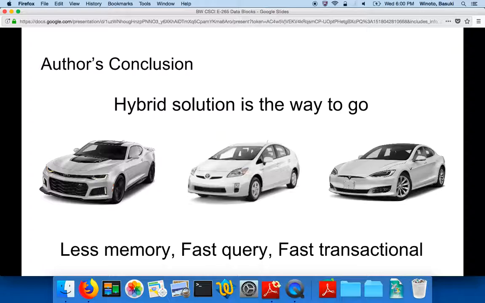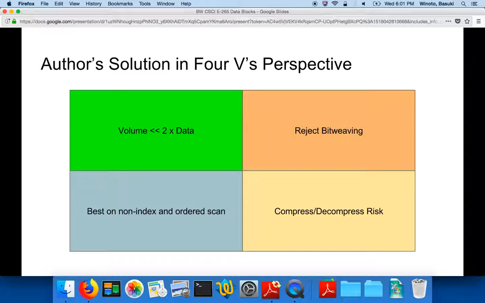Hybrid always makes me think about a hybrid car like a Prius, where you get the benefit of low MPG when you compare it with the gas car, and then if we compare it with the full battery-powered car, of course those numbers become less significant, right? Now the solutions, if we were to look at it from the 4V's perspective, the volume, yes, the memory footprint